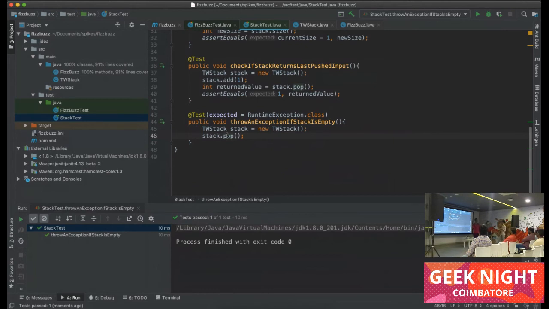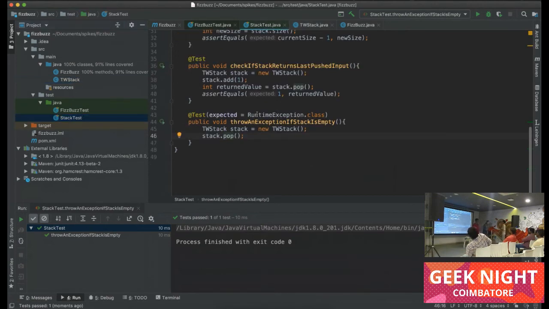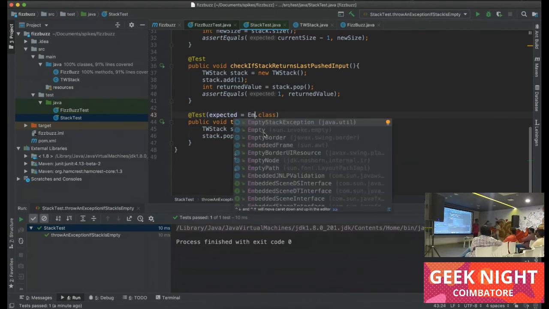Yeah, it will throw an array index out of bounds exception. Try some other exception. Let's throw an empty stack exception. We'll create one exception class. Oh, it's already there.